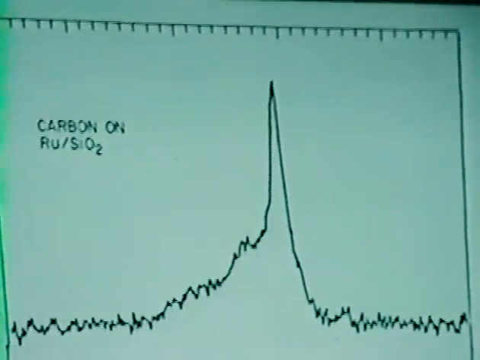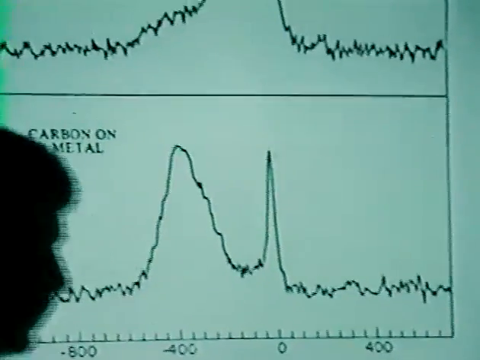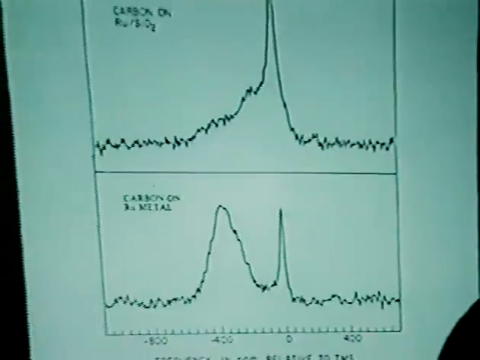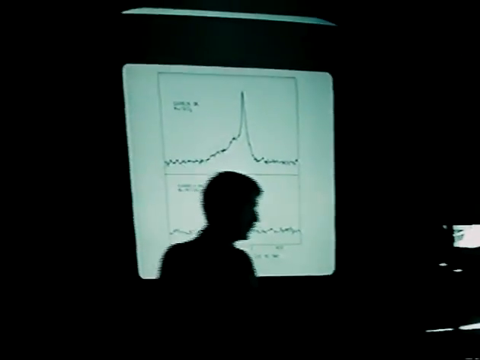On both of these, the ratio is approximately 1 carbon for 5 ruthenium atoms. Okay? It's just coincidence that with other samples you can see other things. Well, what does the center of mass or the line position tell us in this case? If we go back to the